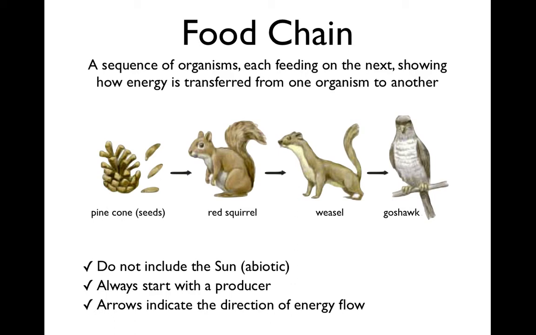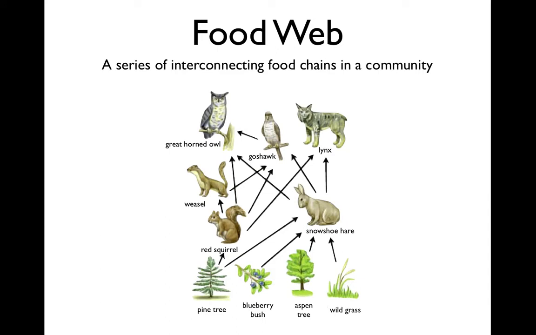What do you get when you take a whole bunch of food chains and you mingle them all together? A food web. Okay? You'll notice that a food web is not linear anymore. It's not in a straight line. It's now all kind of jumbled up. But there are food chains within this food web. So the food web is a series of interconnecting food chains that describe a community. A community is a whole bunch of different populations of different species living in the same area, and this describes that flow of energy, but within the community.